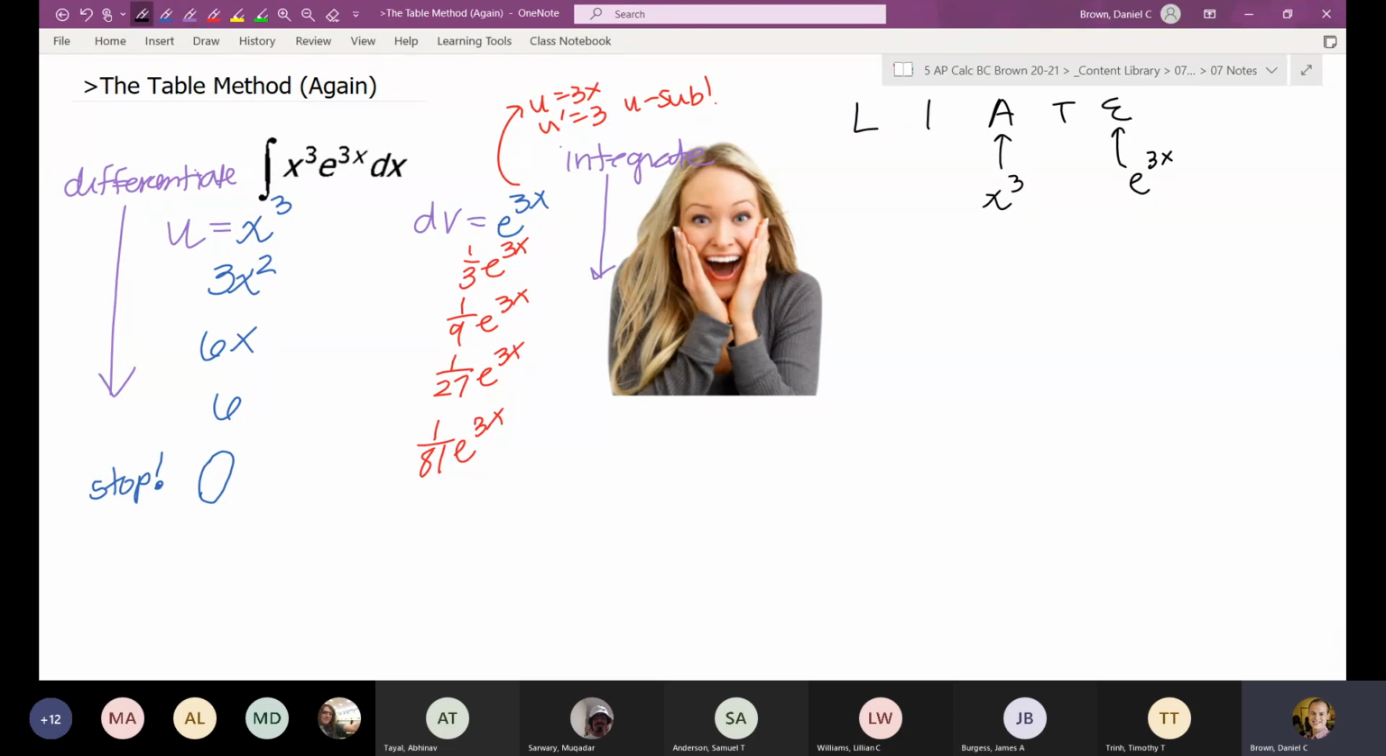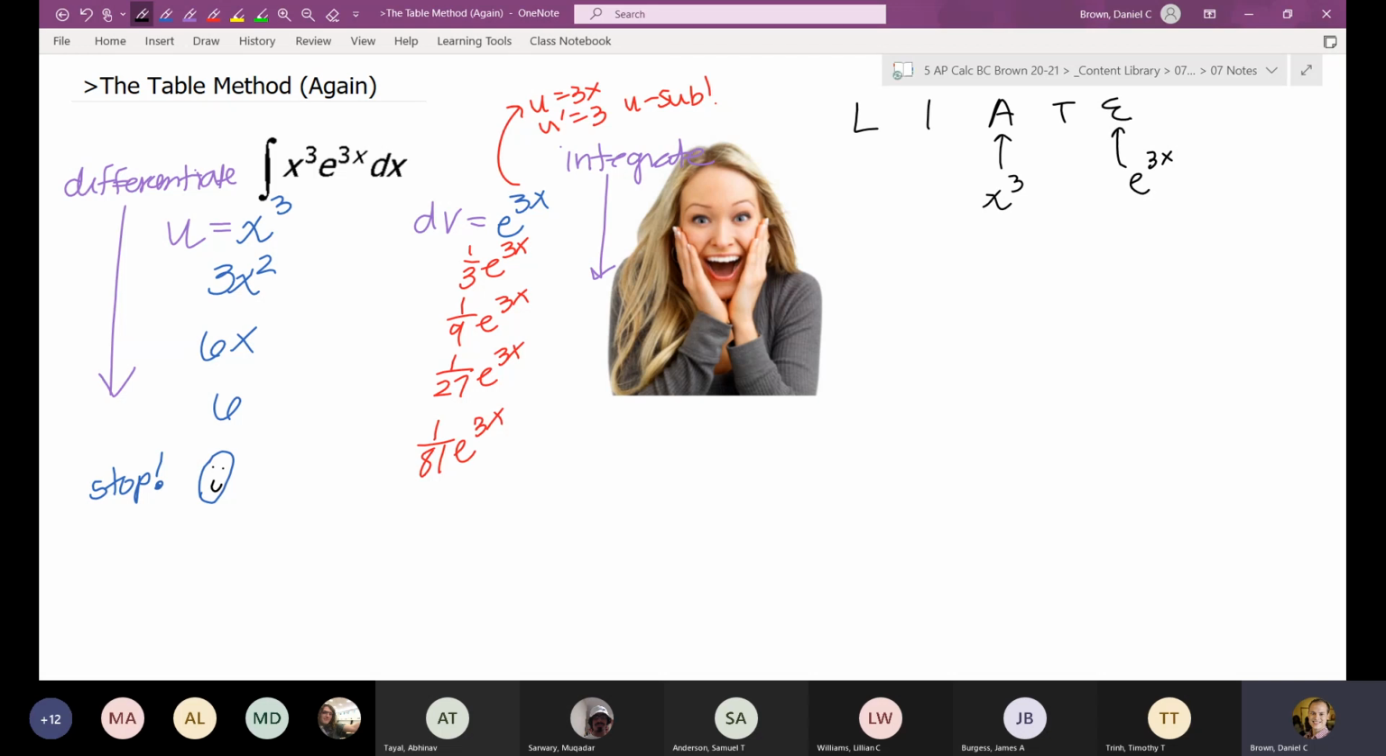That makes sense when you're using the table method, because if you keep differentiating x cubed, it's going to eventually become 0. So I have x cubed, 3x squared, 6x, 6, and then 0. Stopping once you reach 0, because that's how many rows your table is going to have. And then for dv, you want to keep integrating it for the number of rows you had for the u